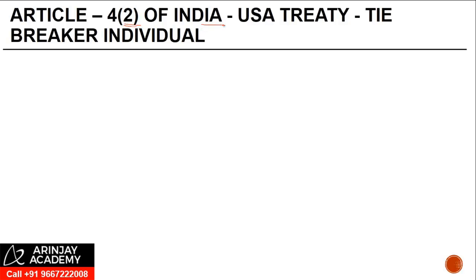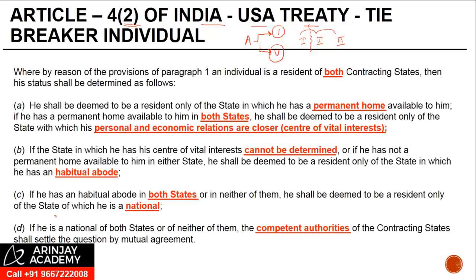For the purpose of our discussion, we are going to take the India-USA Treaty and see how the tiebreaker rule works. A tiebreaker rule generally says that in case a person, let me call this person A, becomes a tax resident of India and US, you have to apply various tests. These tests could be test 1, 2, 3, and so on, in a particular order to decide whether this person is a resident of India or of US. Let us look at Article 4(2) dealing with the tiebreaker rule in case of an individual,